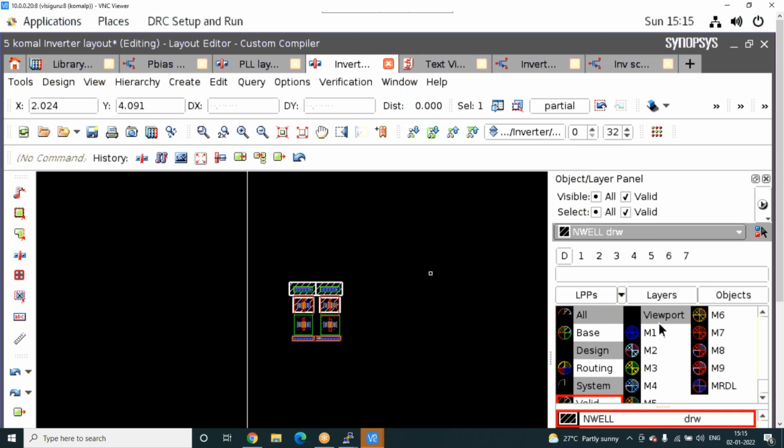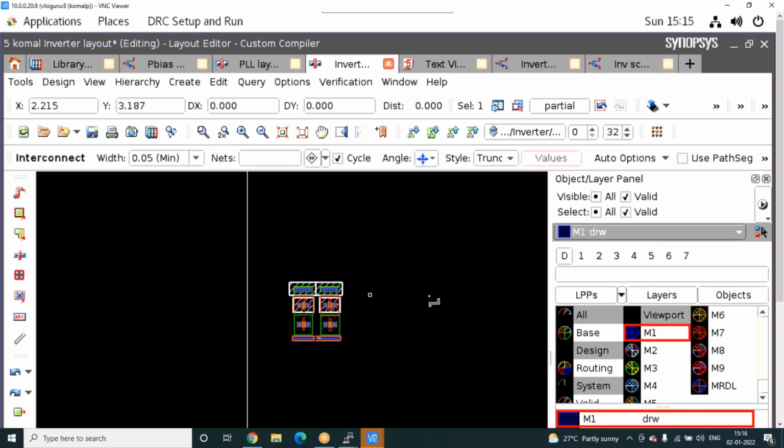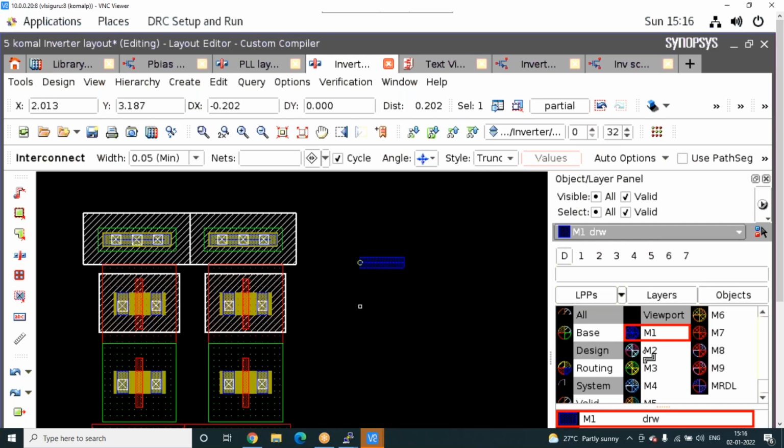Suppose you want to draw 15 metals. This is called metal. Metal means conductor. A conductor, for example, is this aluminum wire. How is your laptop wire connected? This is the conductor only, and inside there is wire. Similarly, a chip is connected by wire. This is one metal wire.